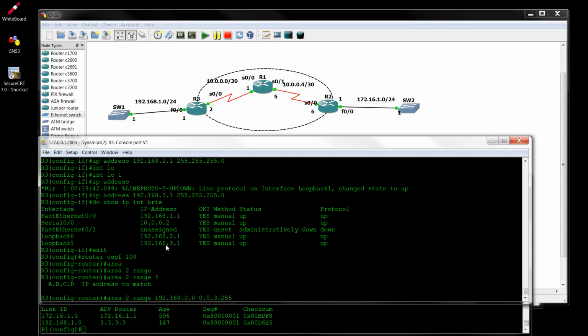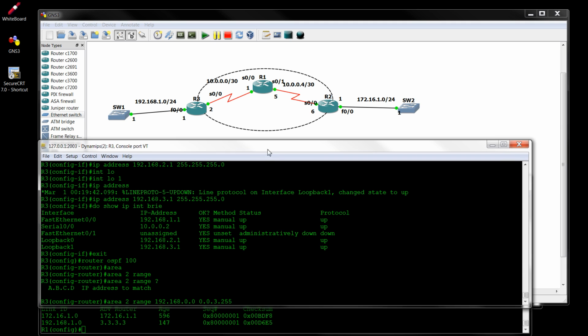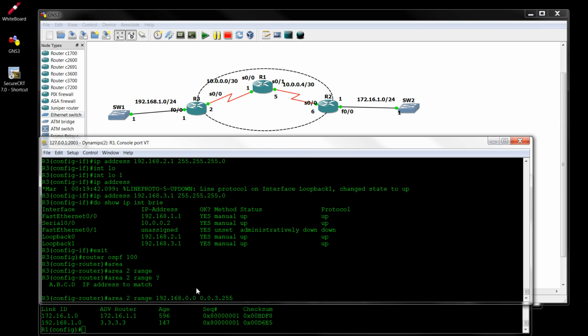We have a /16, okay, by adding 6 bits, which is /22, which is 255.255.252.0. I'm mixing this stuff because I'm using wildcard mask here, but instead I need to use the subnet mask,